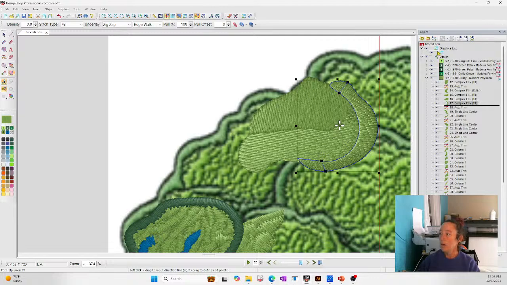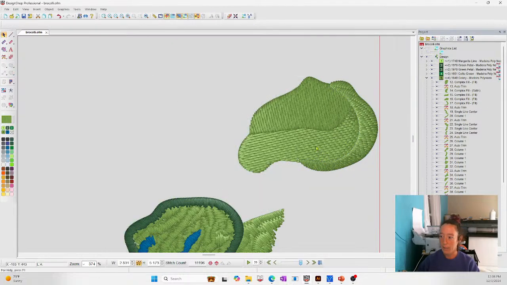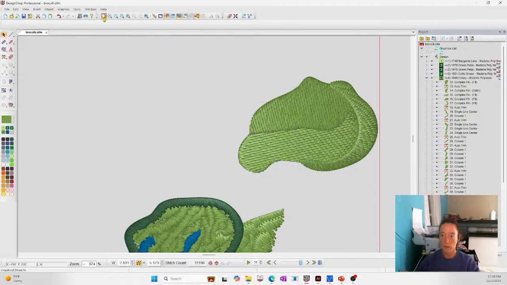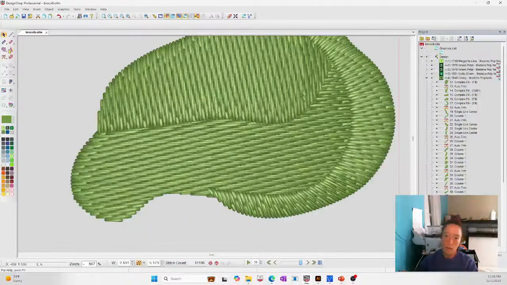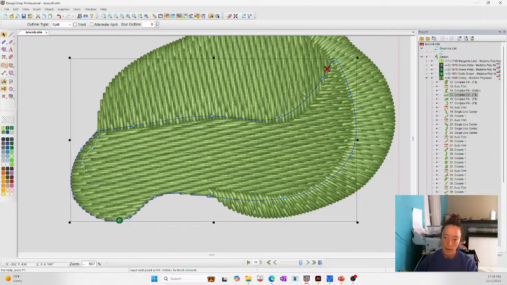Okay. All right. So now what do we do to get that more jagged look to each of these sections? Well, on here, I can come over. If I hold this guy down, that's where our hole is. We can do an insert split line or insert fill island. So let's do split lines. And let me escape this and actually zoom in. All right, so I'm going to select the shape, select insert split line,